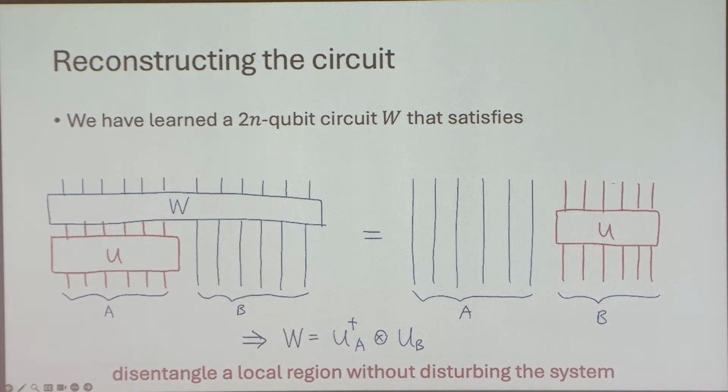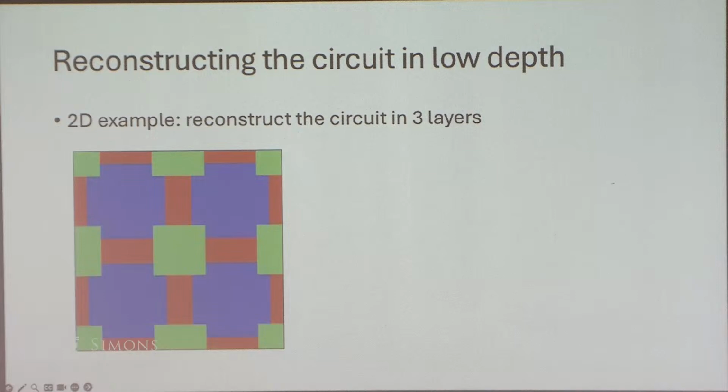So now you may be wondering, well, if you really follow what I did earlier, it feels like this W thing is quite deep, right? Because it feels like sequential, and also it has a lot of ancilla. So next, I'm just going to tell you how to reconstruct the circuit in low depths by showing an example in 2 dimensions. So first, I just want to say that this picture is very nice. Because